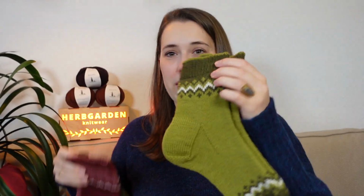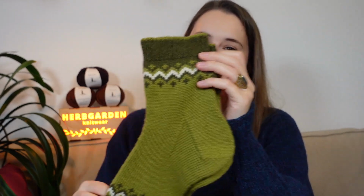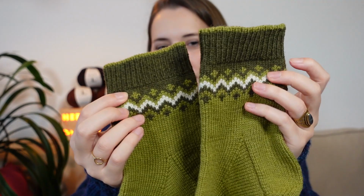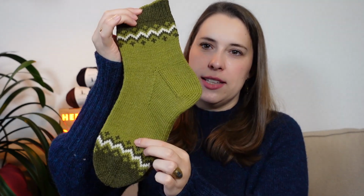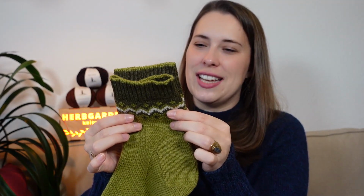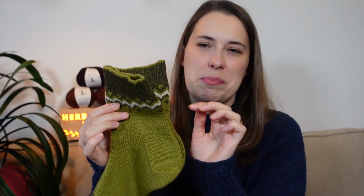And these socks were so much fun. I could not stop knitting them, so I made not only 2 but 3 pairs already. I think it is so much fun to play with colors on these. This little colorwork band that is twice in the sock is very fun to work, and for me it was like the perfect amount of